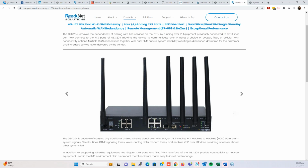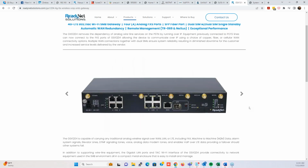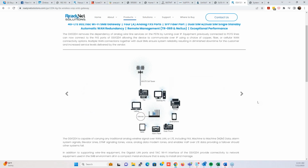Now, the method to the madness. Why did we come up with the GSX 1204? We had a number of companies in the voice and carrier space come to us looking for a router that had 4 ATA ports on it. And you'll see there are 1, 2, 3, 4 ATA ports there that allow you to provision voice services for POTS line replacement. And with the new changes with the FCC